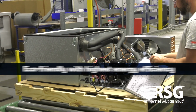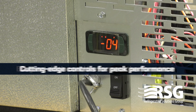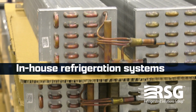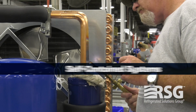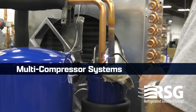RSG delivers eco-friendly refrigeration solutions that lead the industry in ease of installation, cutting-edge controls, and peak performance, ensuring reliability and sustainability for all your cold storage needs. As one of the few manufacturers to produce refrigeration systems in-house, we offer comprehensive solutions combining top-tier walk-in coolers with state-of-the-art refrigeration systems. Our lineup includes versatile systems, including seamless one-piece self-contained, remote, and multi-compressor configurations, all designed to meet